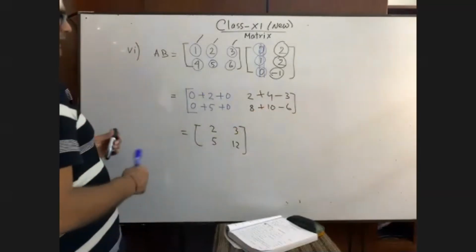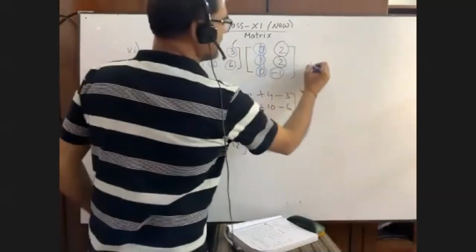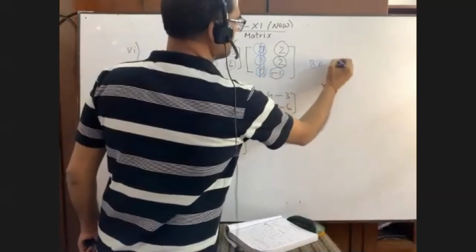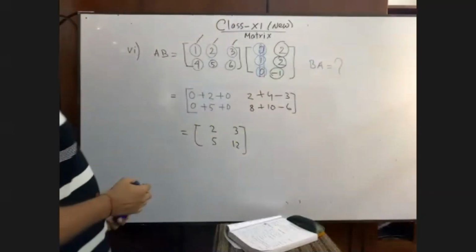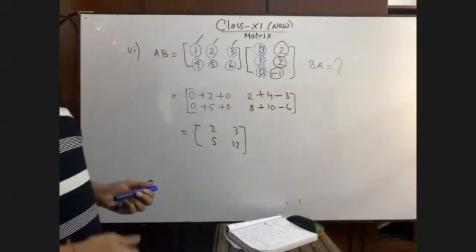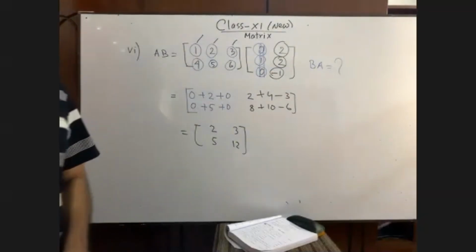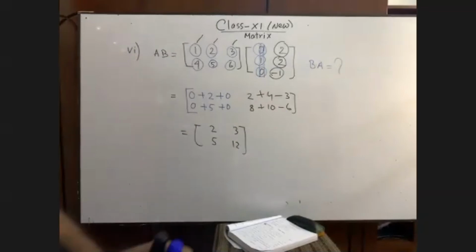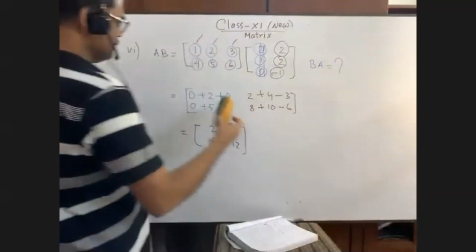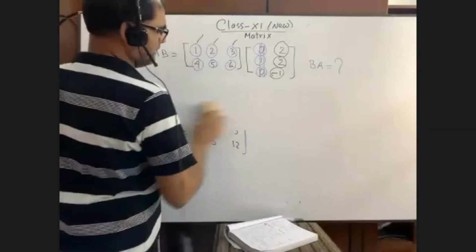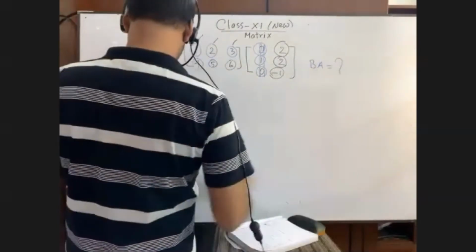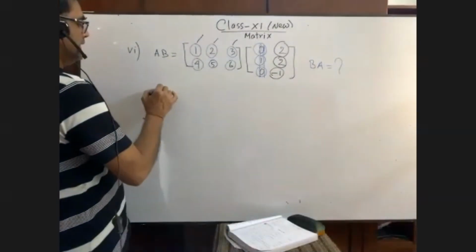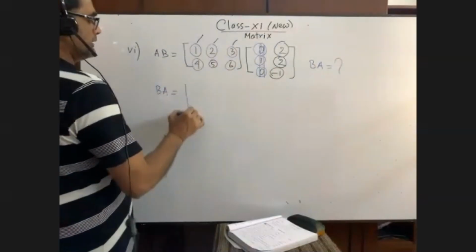It is your turn. I will not do it. Sir, 8, 10, 12, 9, 12, 15, minus 4, minus 5, minus 6. BA, right? Yes, sir. Okay, now all of you must do. If you cannot do it, then I'll come to know that you have not got it yet. Okay, find BA. All of you, please. BA equals to what?